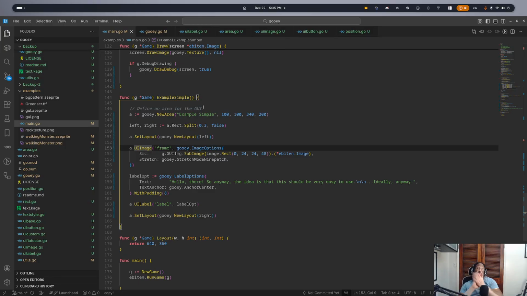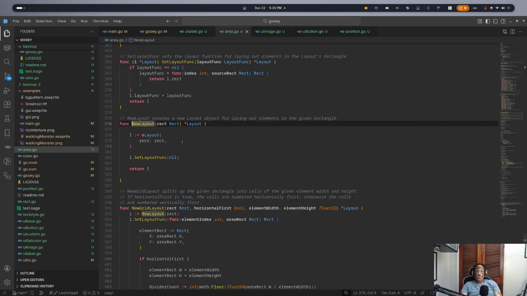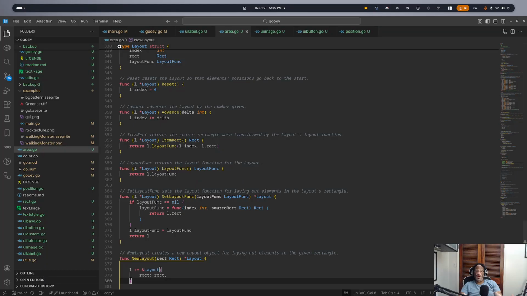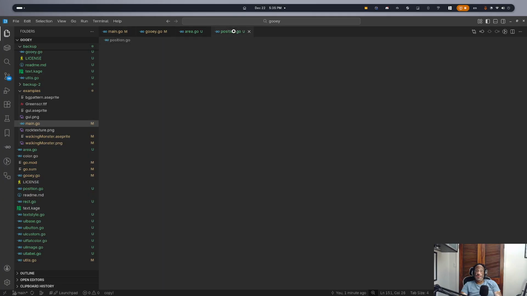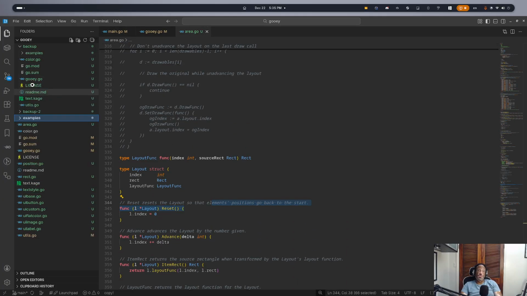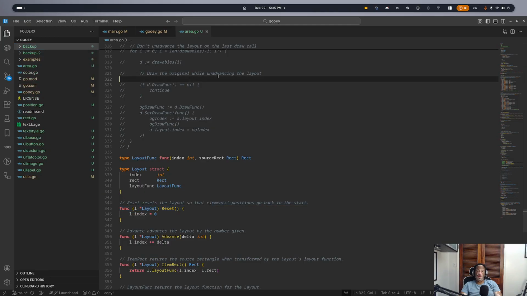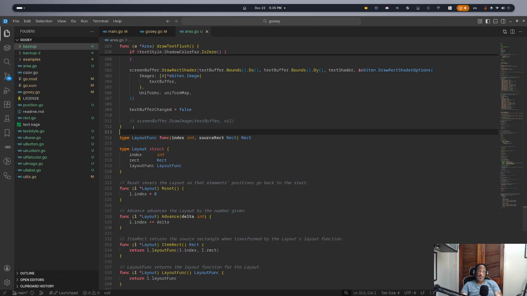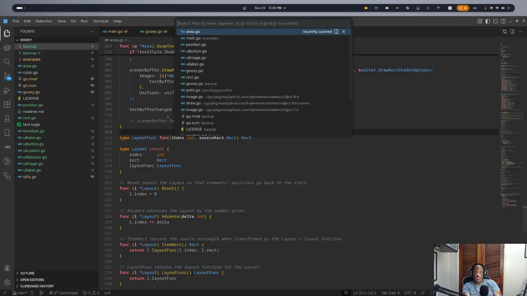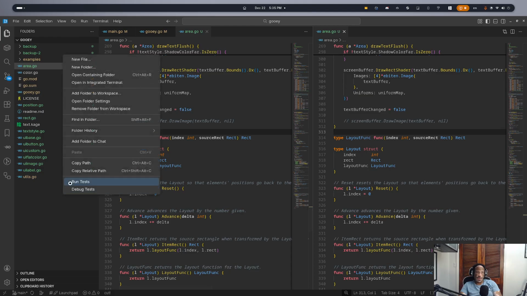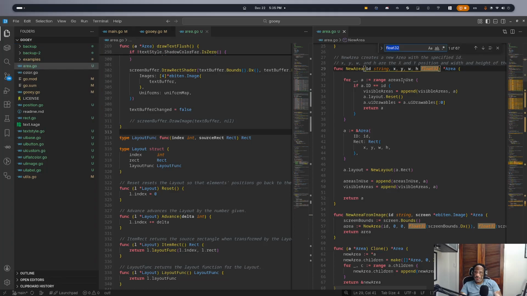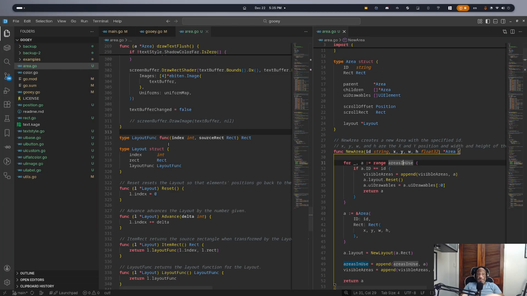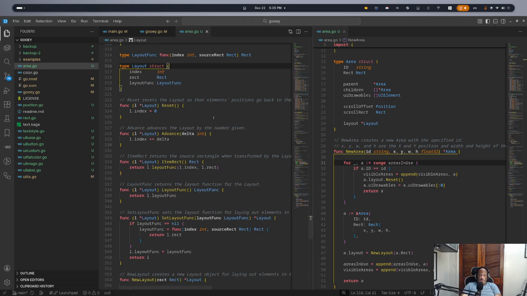Okay, so I think what I'm going to do is get rid of the area and make the layout essentially the area, which is kind of the same thing. I started to do this, but then I was like, oh, I guess I don't actually have to do this. But no, I think I do have to do this. I think this is the right way to do it, more or less. So let's do that. We'll go to area, because the only thing that we really need is to make it so that each layout has its